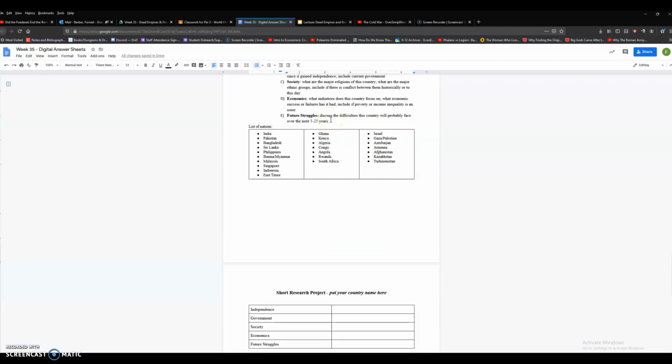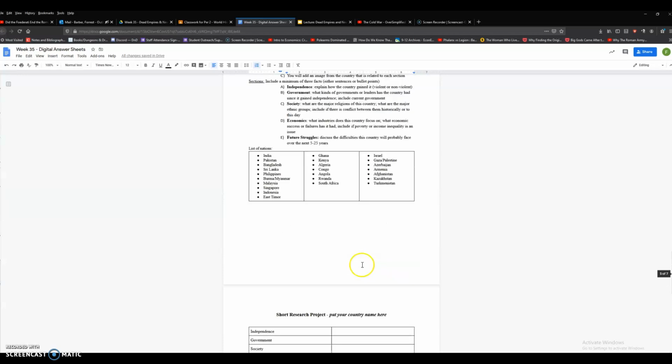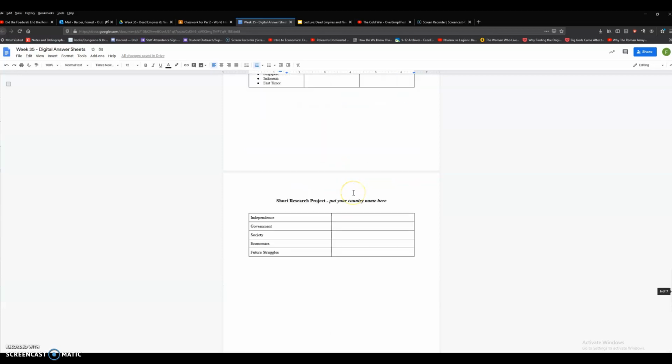This one is going to be a little extrapolation, but you should be able to find work on it somewhere for most of these countries, because a lot of them are facing things like economic problems or societal problems, or for a number of these, climate change, especially in India and Southeast Asia. Climate change is a big issue for a lot of these countries.